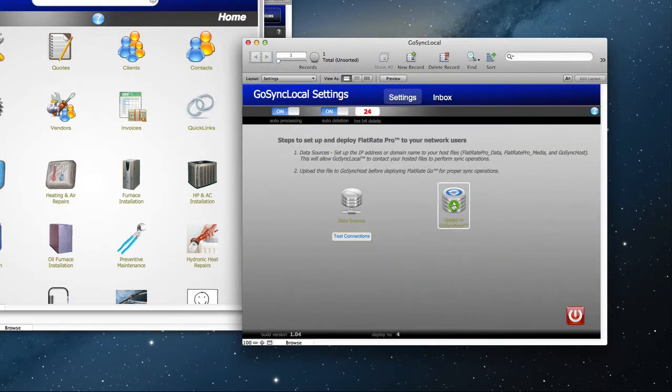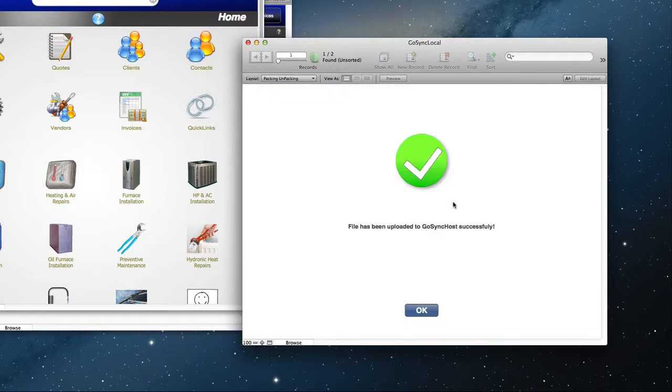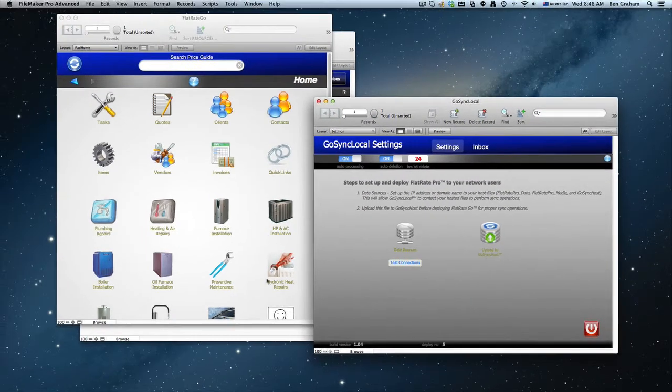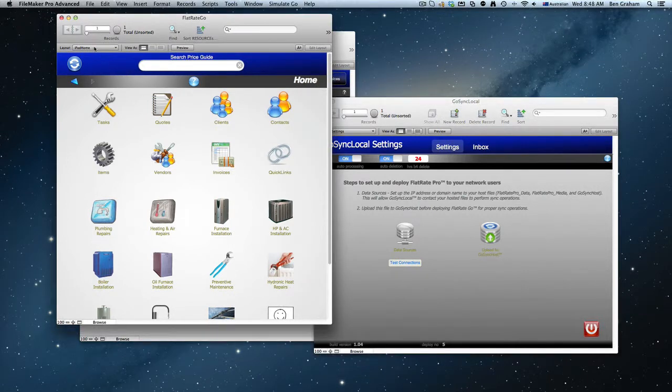And then it's very important to upload this. It's got the steps here, but you don't want to miss this. You upload this file to GoSyncHost, and that way when we go back to FlatRateGo over here,